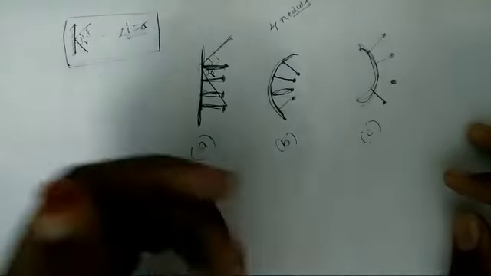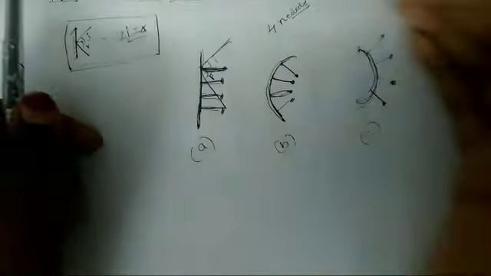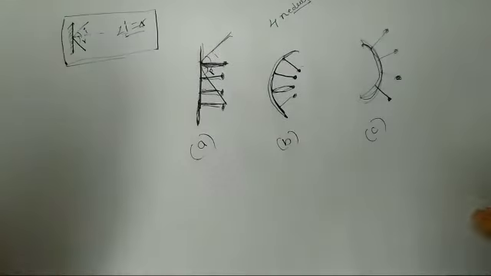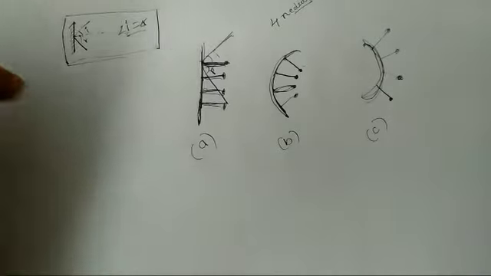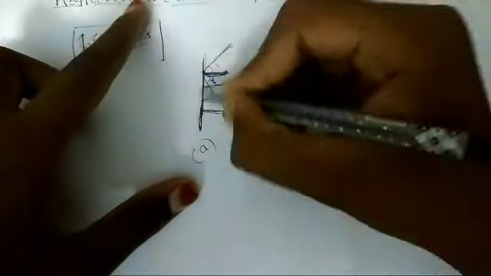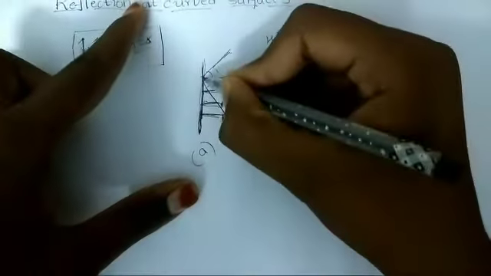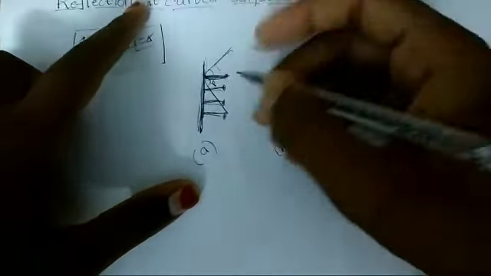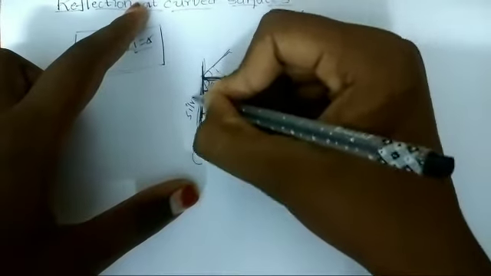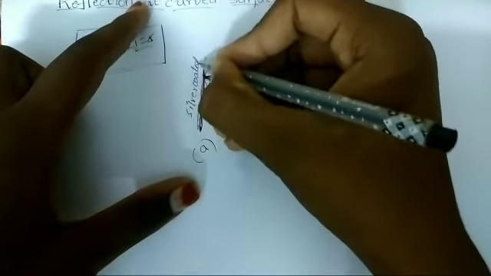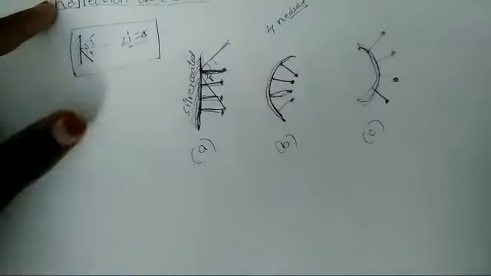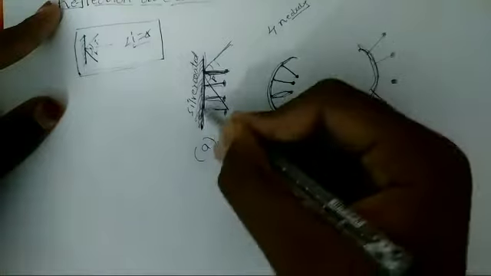If it is bent like this, it is called a concave mirror. If it is bent like this, it is called a convex mirror. I will explain it clearly now. This is a mirror, yes or no? It reflects on this side, but what happened to this side? It is silver coated. So we draw it like this for silver coated plane mirrors.